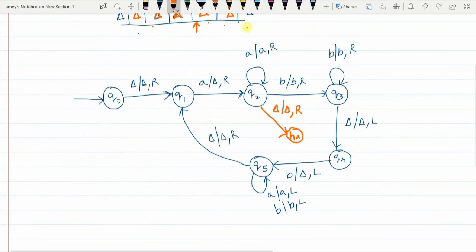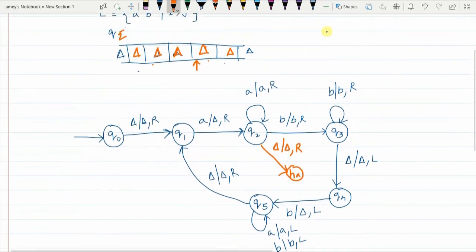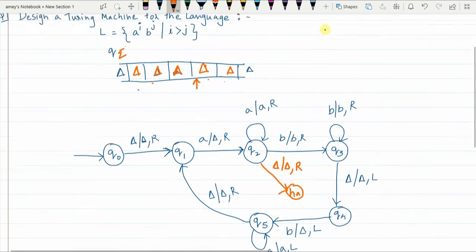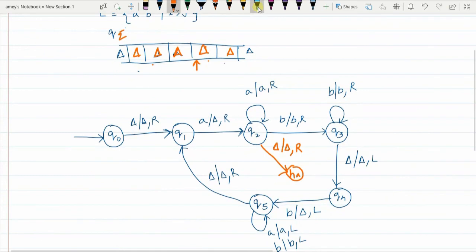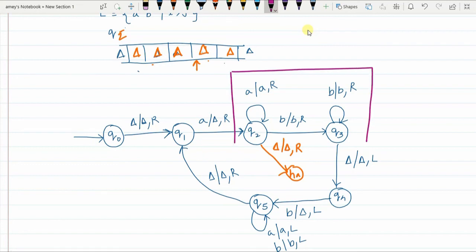So the Turing machine in front of you here is a Turing machine that accepts this kind of language. Now please be careful. Students, please note this part, see carefully. Some students end up drawing an alternative, so I will draw what an alternative a student can draw. Suppose from state Q1, on reading A, it is replaced with delta and you move to the right. Some students end up drawing like this.